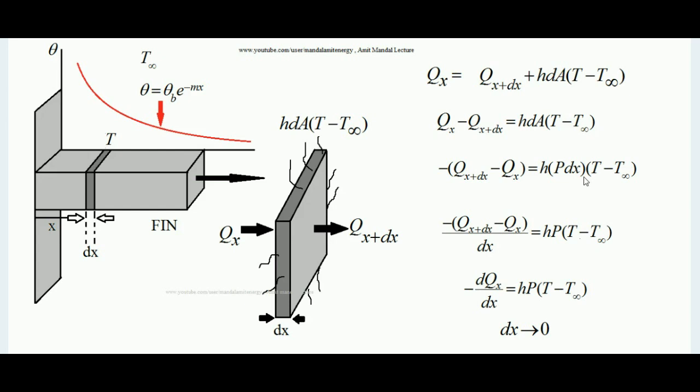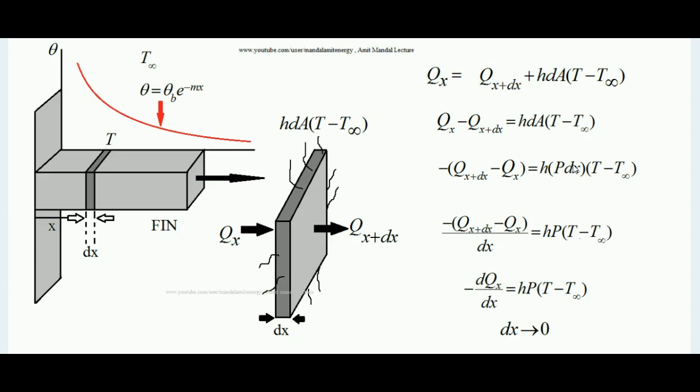Okay, so remember, for uniform cross sectional area bodies, the outer peripheral area is given by the perimeter of the body into the length of the body. In case it is a cuboid, for example here it is acting as a cuboid, then what is the perimeter? Length plus breadth, again length, and then again breadth. In case we are adding all these magnitudes, we will get the perimeter. Perimeter into length is the surface area of the fin, but this is a very thin section of the fin, so taking the perimeter into dx is the very small peripheral surface area of this thin section. So in place of dA, I can write perimeter into the length.